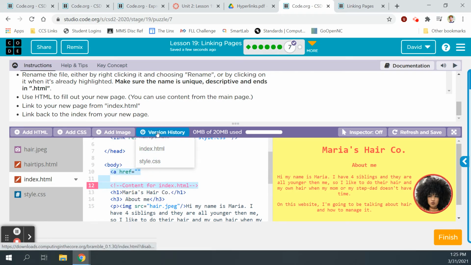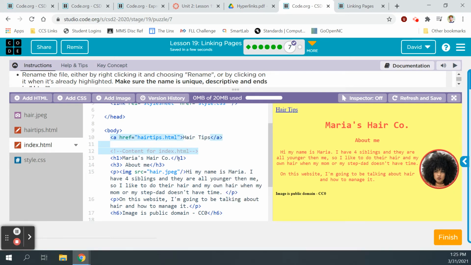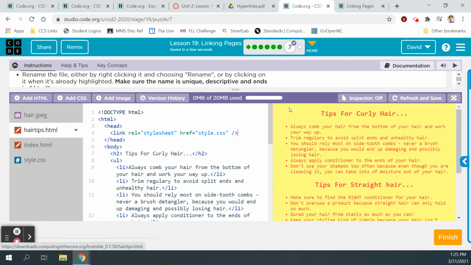We're linking to the hair tips.html. Close that out. Let's say hair tips, and then there we go. So there's my link to the hair tips page, but now I need a link back to